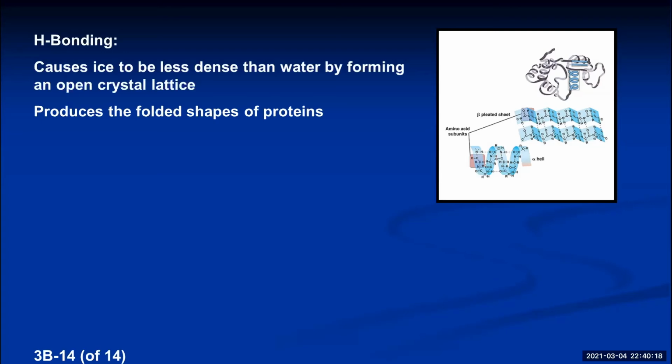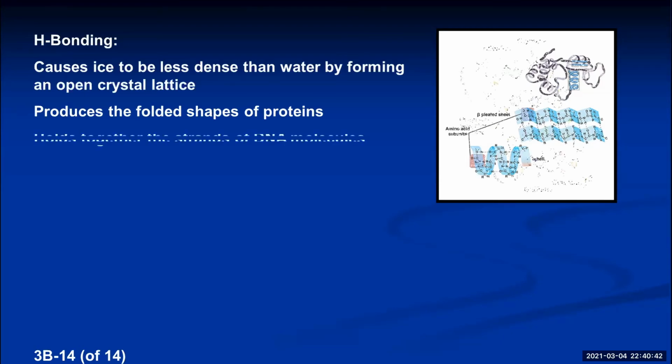So if the protein molecules didn't hold their shape, then they wouldn't be able to catalyze reactions and biological systems would fail. If you want to see what a protein looks like if you break the hydrogen bonds, pour a glass of milk tonight and put some lemon juice in it. And you're going to break all the hydrogen bonds in the milk proteins, and you're going to see what milk looks like when all the proteins get denatured and broken apart, and I bet you won't be drinking it.